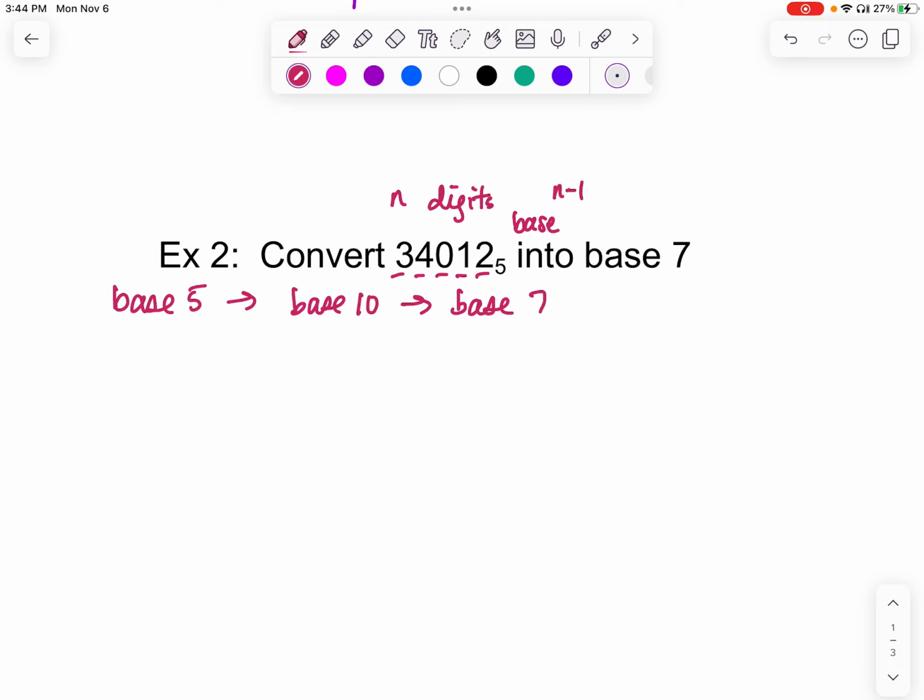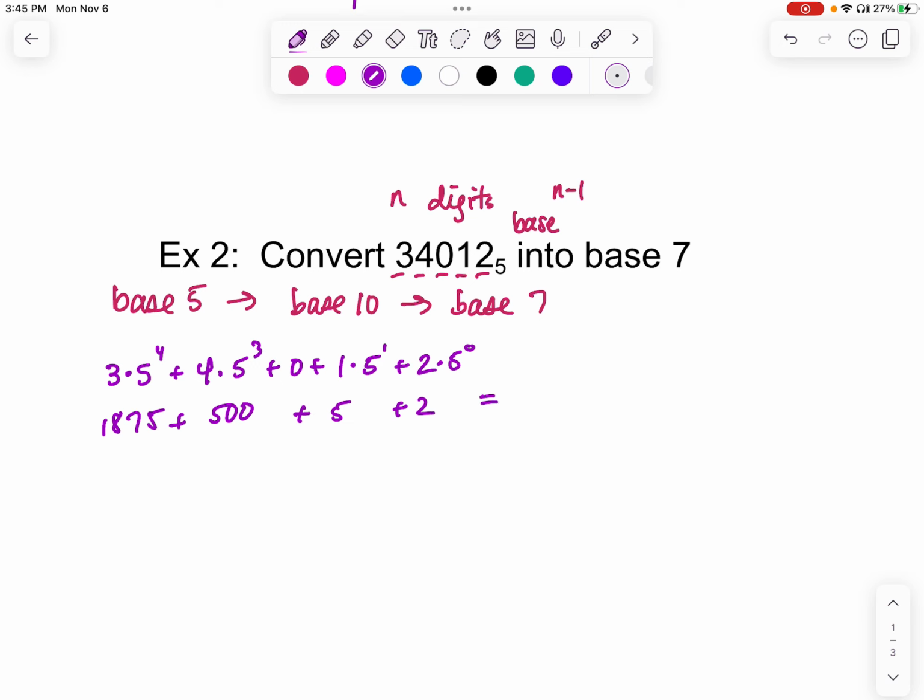So here, because I have a 5-digit number, my leftmost value is going to be 3 times 5 to the power 4, and then 4 times 5 to the power 3, and then 0, and then 1. This is just 5 to the 1, and then 2 times 5 to the 0. And then now we can go ahead and figure this out. So we have 3 times 625, which is going to give us 1875. This here will give us 500, 5 plus 2, and then all of that will add up to be